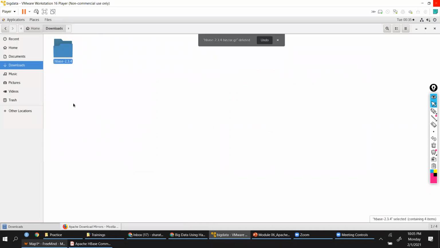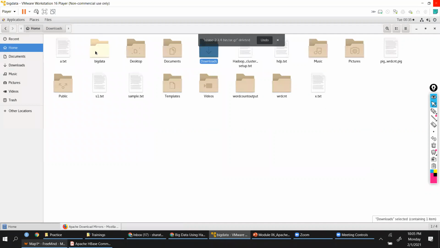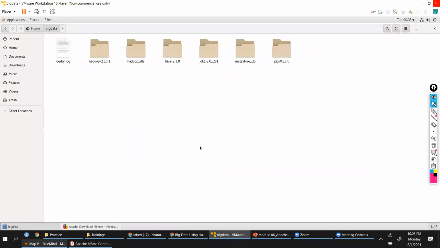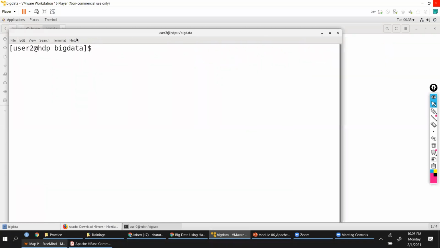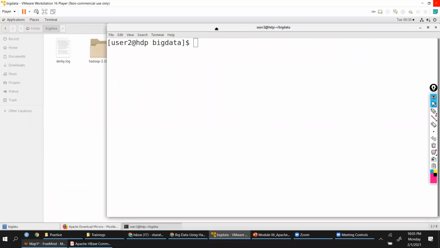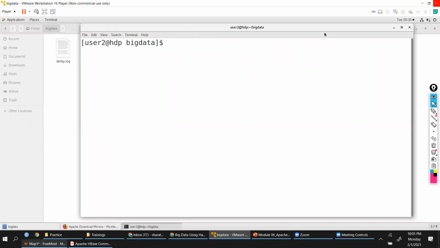I'll take this and go to big data and put it here, and open my terminal. I have downloaded the folder, extracted the folder, and placed it along with other software. Then I'm coming to the terminal.